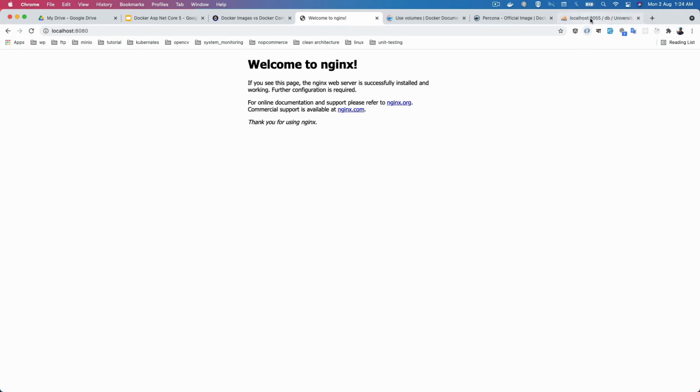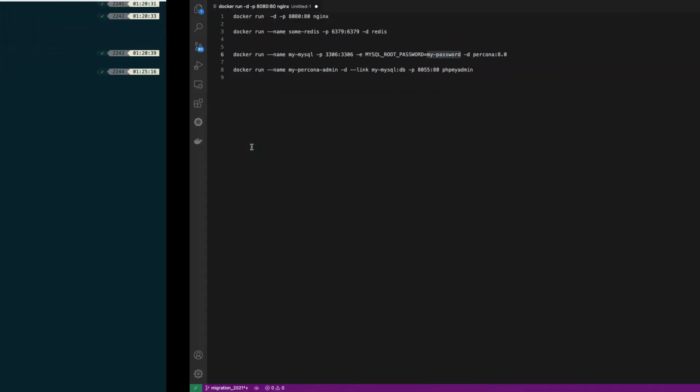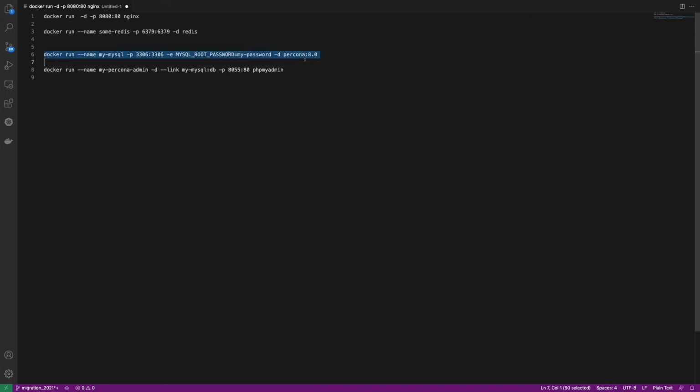So how can we prevent this type of loss? I'm showing you here. If I stop the container with docker container rm -f, and delete both MySQL and my phpMyAdmin, you see I deleted both of the containers. If I create this container again,